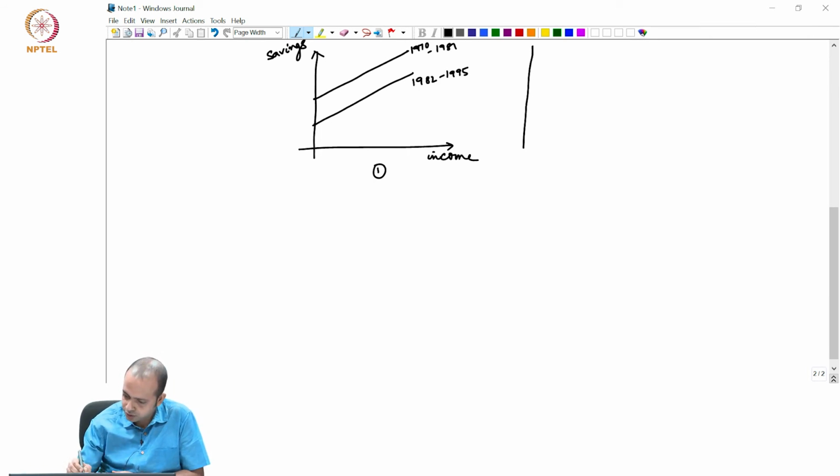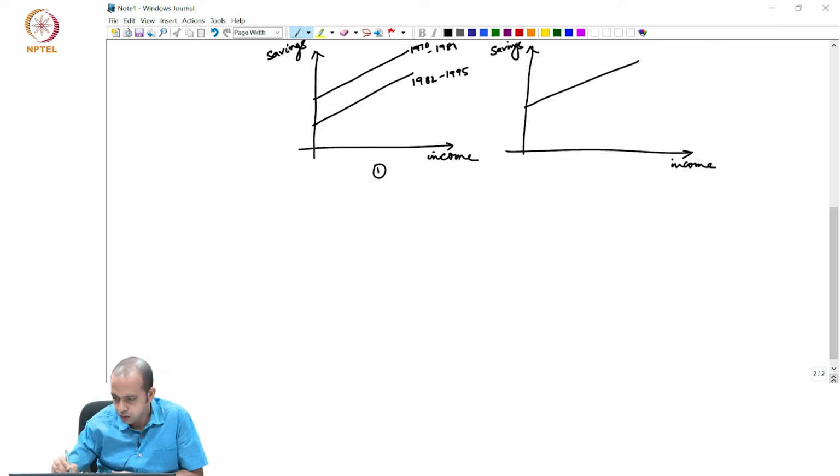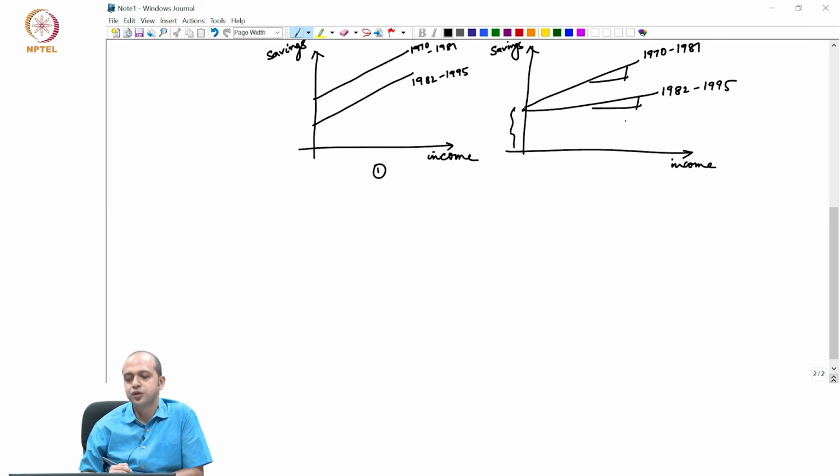In this case, income, saving, so this is 1970 to 1981, this is 1982 to 1995. So, intercept is the same, but the slope is different, that is case 2, and this is case 3,